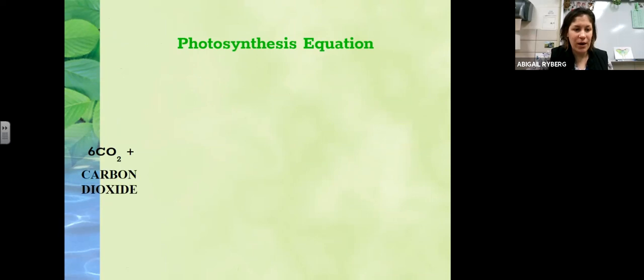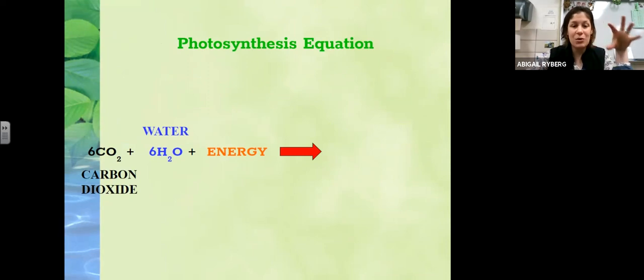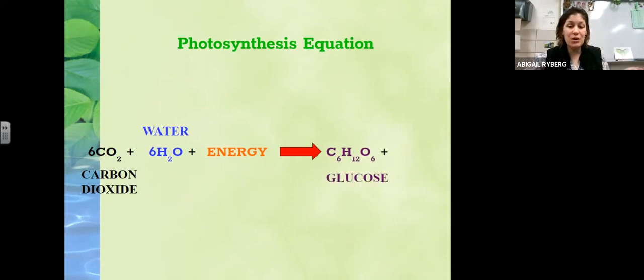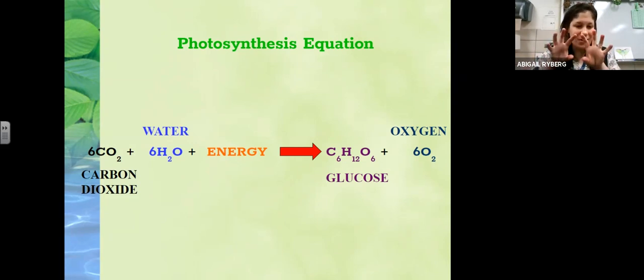Okay, so with the equation, remember the reactants. We must have carbon dioxide. Remember, plants just get that from the atmosphere. Water, energy from the sun. Those three things react in the chloroplast and produce glucose. Notice that this glucose is a big carbon molecule. And oxygen. You're not going to have to rewrite this exact equation,